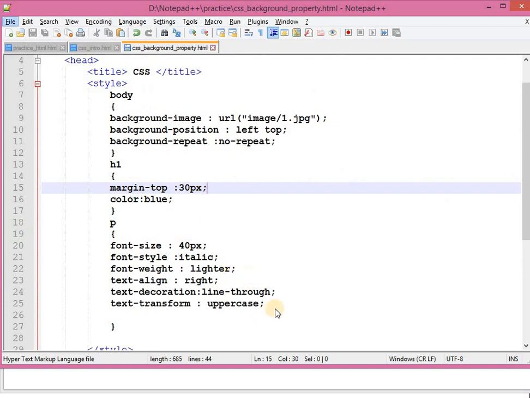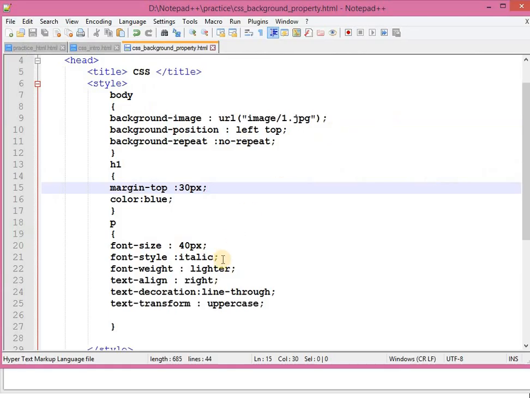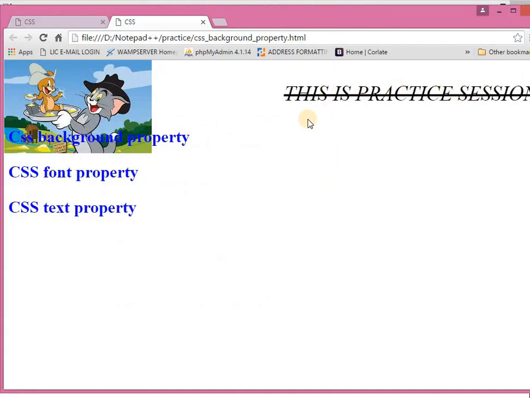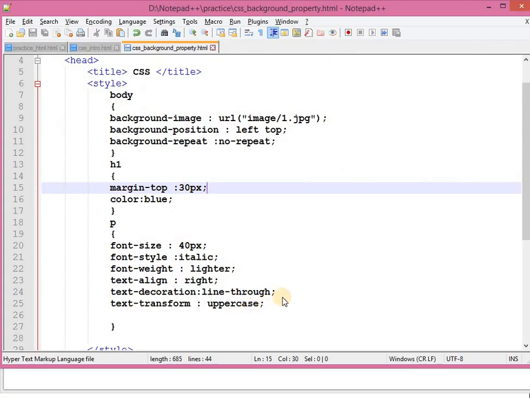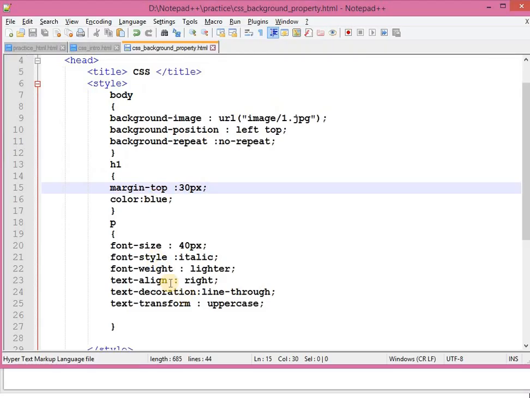Let's just keep it over here and focus on this text property. Text alignment I have set right, that's why it is on the right side. Another property, line through, so there is a line over here. After that it is in uppercase, so all the alphabets are in uppercase.